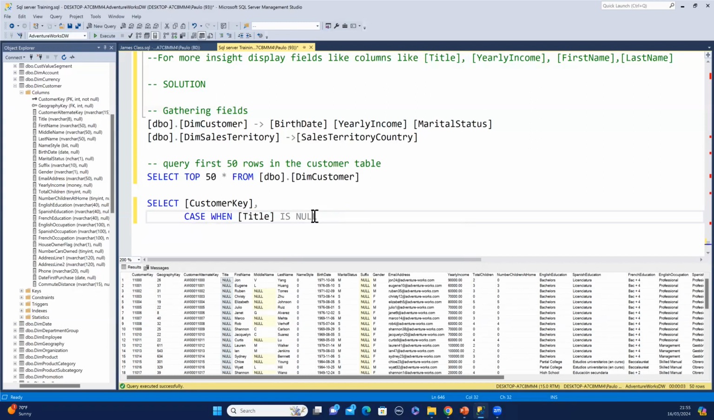and gender equals to what? Let me put space so that it will be able to accommodate. Gender is equal to male. Because if you check gender here, can you see? It's M or F. It wasn't written in full. So if title is null and gender is M,